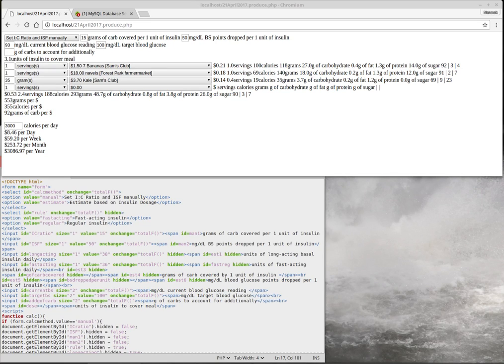I wrote this program to help me try and figure out the relationship between the amount of insulin that I need to take with meals, and I didn't understand the concept between number of insulin units per calories or per grams of carbohydrate,